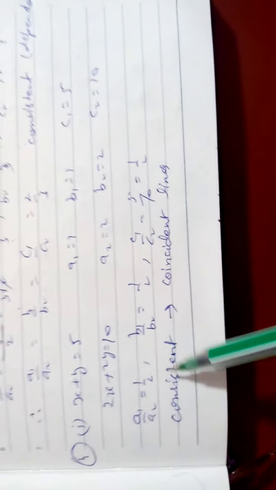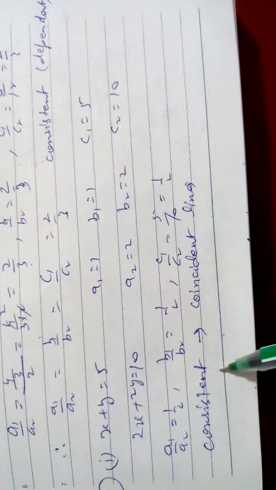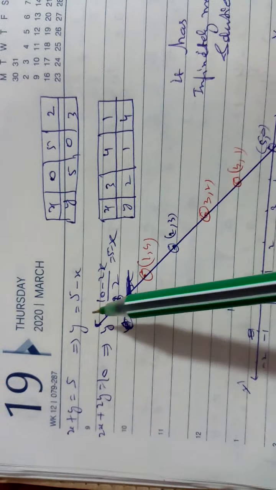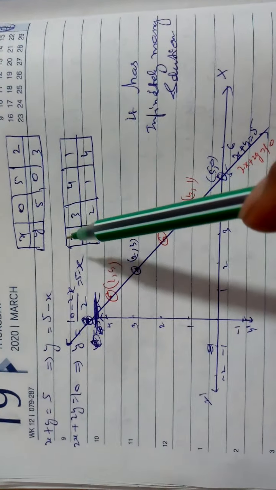In question number 4, first of all you are checking here. I have written the first part because coincident lines, x plus y equal to 5. If it is consistent, this is dependent. It is called dependent also. So here are overlapping lines, but you will not get a single solution here. So I have drawn the figure here. First of all you take the same answer. You are getting 5 minus x, here also 5 minus x. But the first line I have drawn with a blue pen. For the second, I have not taken 0, 5, 2. Again I am taking 3, 4 and 1.